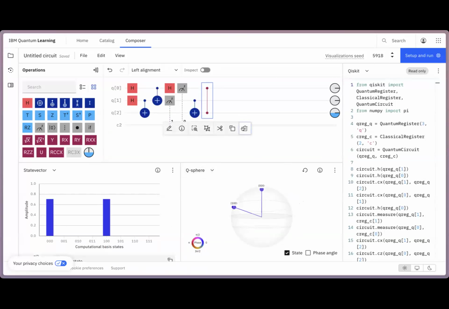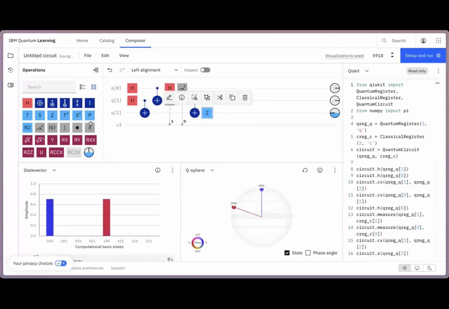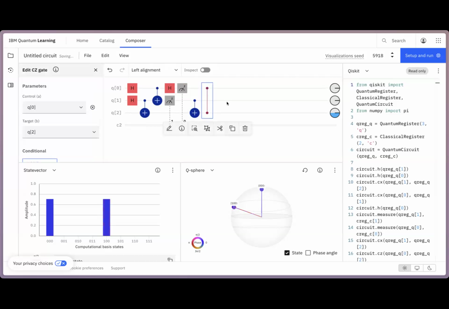So let me delete it. You add the Z gate first on the target, which is our third qubit. And then you add the dot, which is the control. So that specifies we're gonna have a control, but instead of dropping the control on the control qubit, which is a bit weird, that's how it should be, you drop it on top of the Z gate and it extends itself to the top, to the control qubit